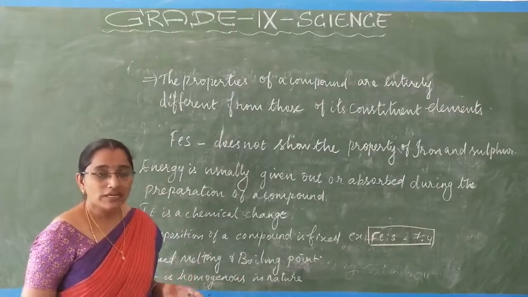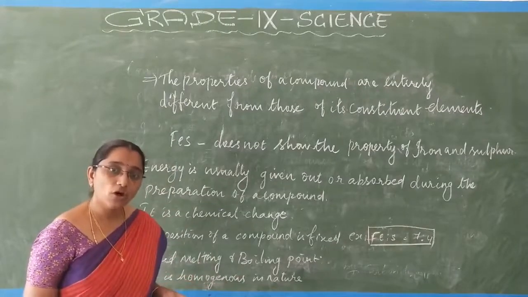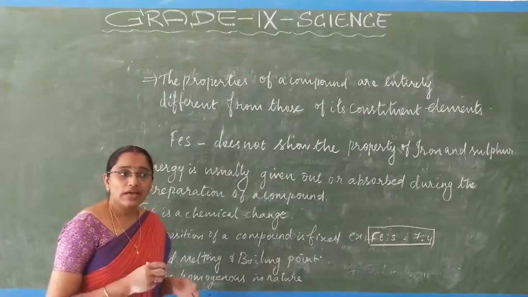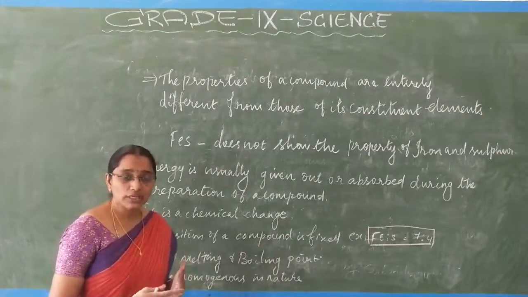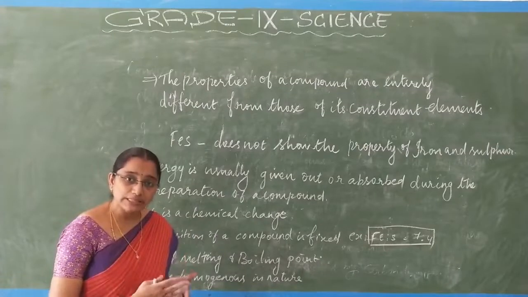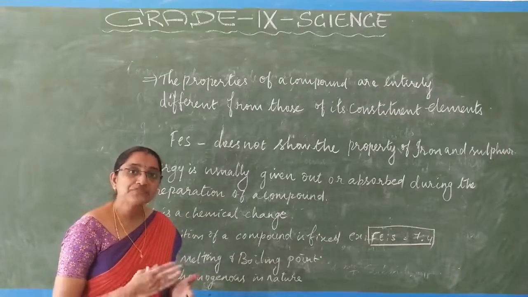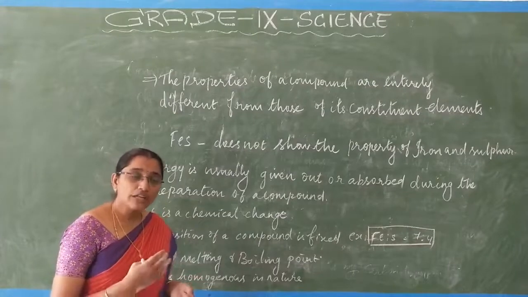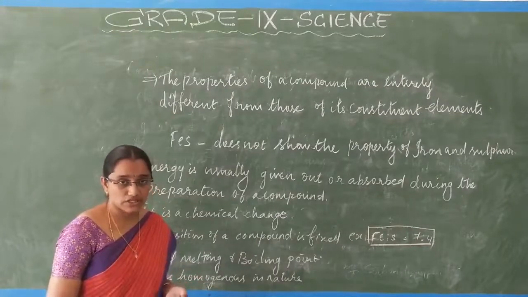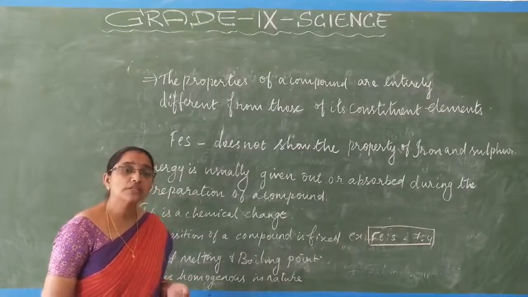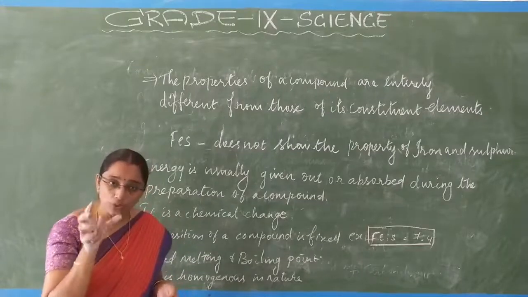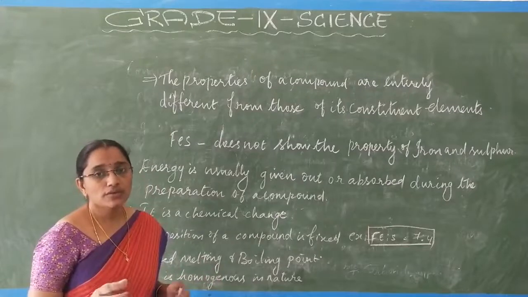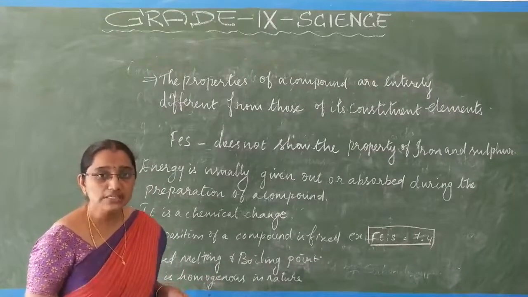mass. So whatever compounds we prepare always contain fixed proportions, and even if we don't mix anything into it, it has a fixed melting point and a fixed boiling point. And when we say it is a compound, it is homogeneous in nature. Homogeneous means it is completely uniform throughout the solution. So we may say it is homogeneous in nature.